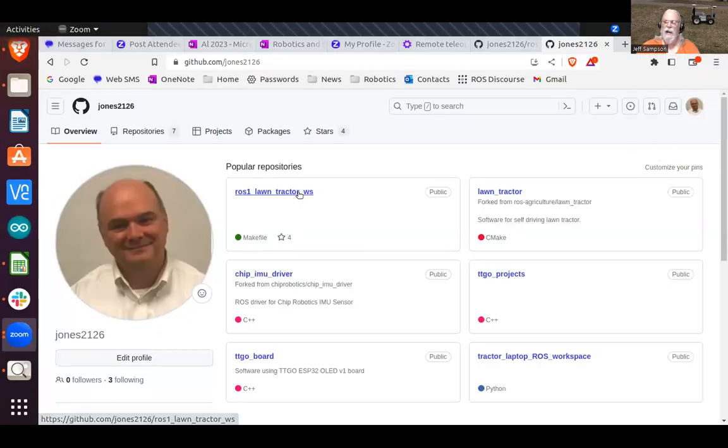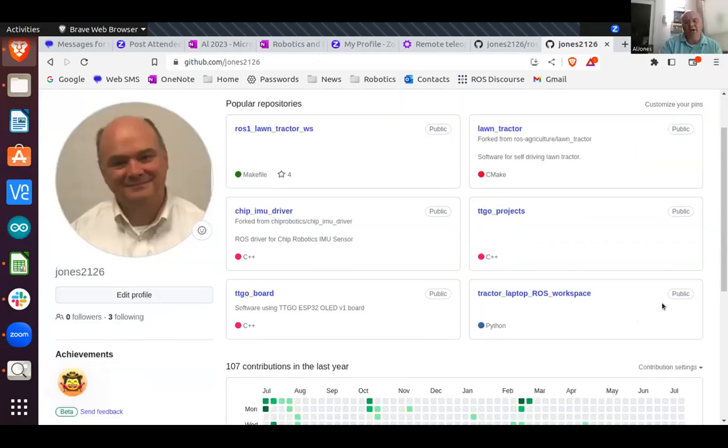And so it's very, very useful to come back and look at it later and say, it did something funny, what happened right there? You can go back to Plot Juggler and figure out at what point as you're driving around that happened. And then you can go look at each individual topic and see what was going on at the time. So that's a very, very handy thing to do. And just right up front, get in the habit of automatically firing up this thing that saves all the data to your hard drive. And then when you're done, you can go back and analyze it.